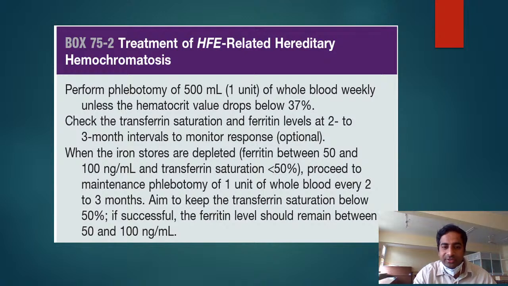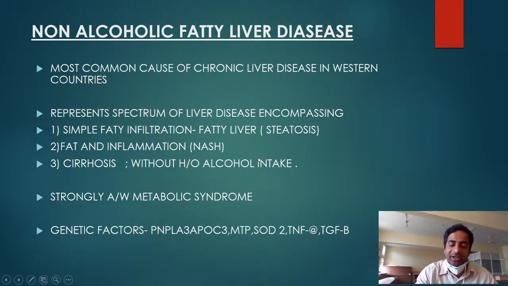Then you do maintenance phlebotomy every 2 to 3 months of 1 unit. Initially do it at least thrice weekly, or twice weekly. Then you reduce it if the transferrin saturation and ferritin levels drop, and then you can go to once every 2 to 3 months. Your aim should always be transferrin saturation less than 50, and ferritin between 50 and 100. That's your target. Coming to non-alcoholic fatty liver disease, it is the most common cause of chronic liver disease,